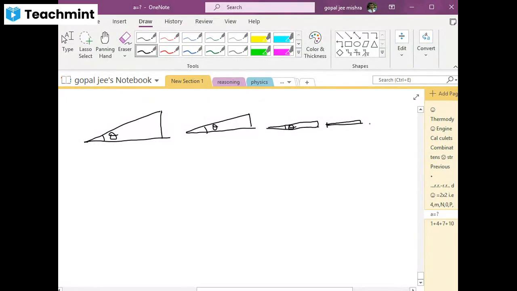After that, one more time I am trying to decrease this theta, and I am observing that this hypotenuse has fallen on the base and perpendicular has become 0. Are you observing this? Yes. Beta, what you can conclude from here is that as theta is approaching 0, perpendicular is approaching 0, and the hypotenuse is approaching the length of the base. This is easy to understand.